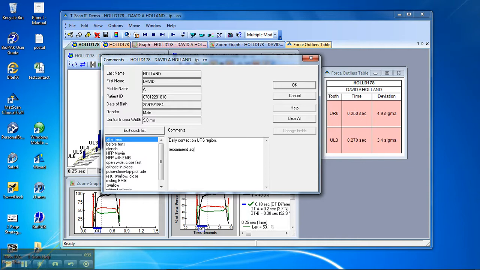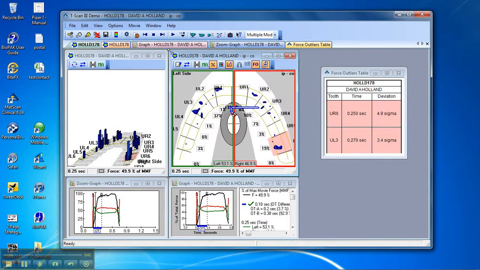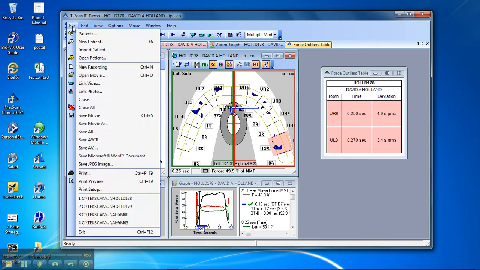Recommend adjustment, for example. Okay, if I save that, if I've done this as a screening or I want to give the patient this to take home as part of their record or as part of a treatment plan or as part of an indication that they may be considering what treatments to have, what I can do is I can save